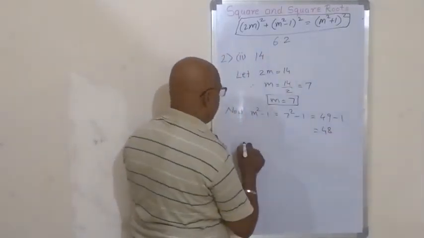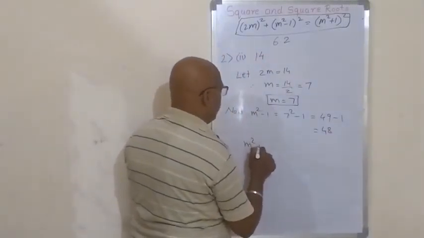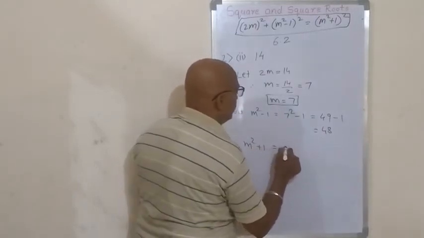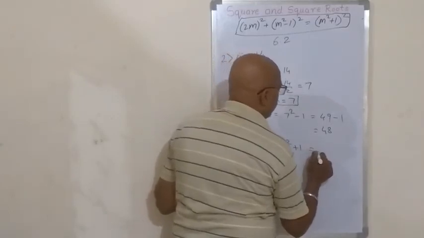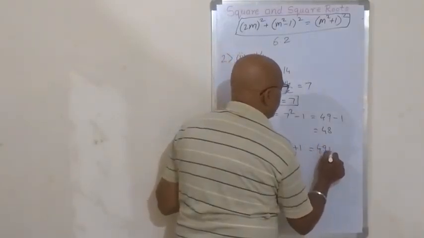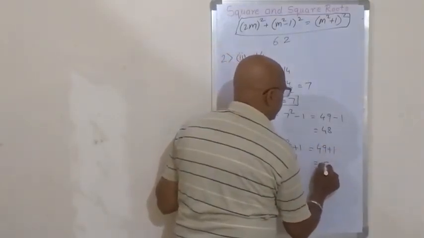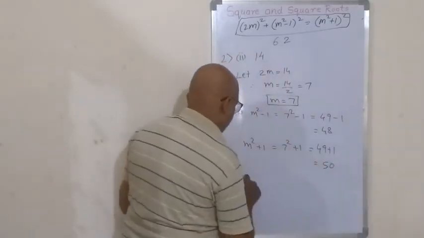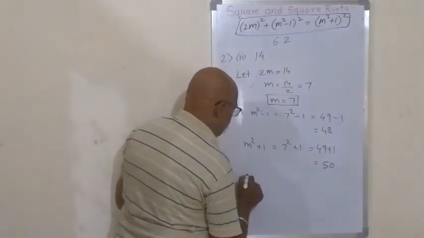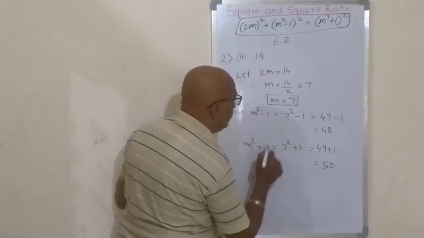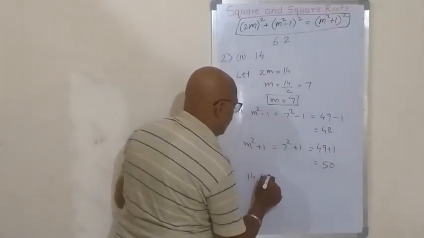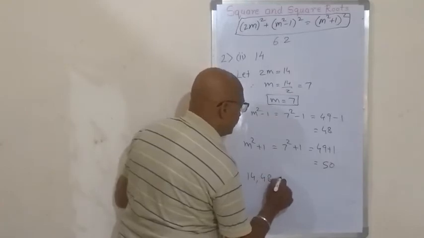And m square plus 1 equals 7 square plus 1 equals 49 plus 1 equals 50. So therefore we can take this number 14, 48, 50